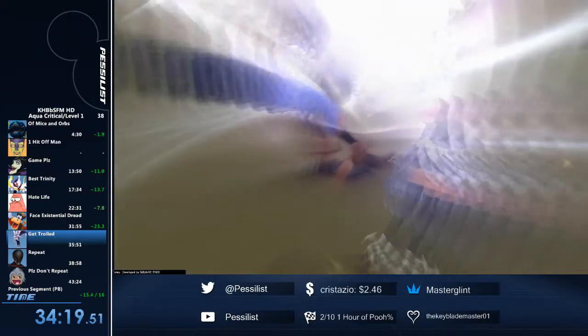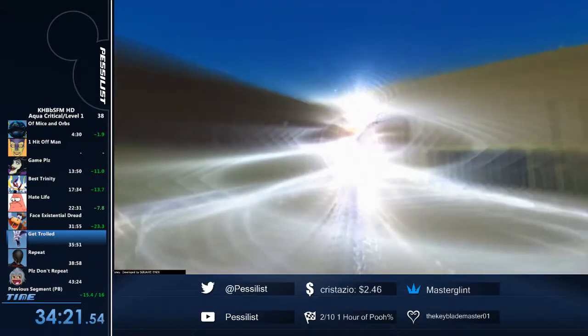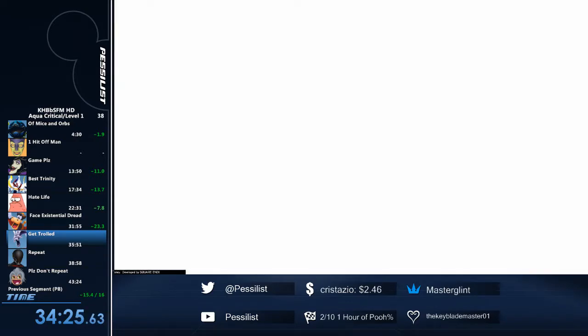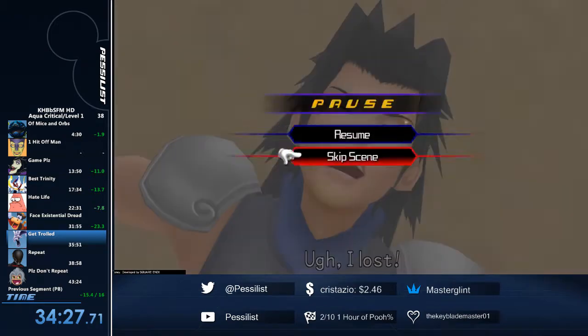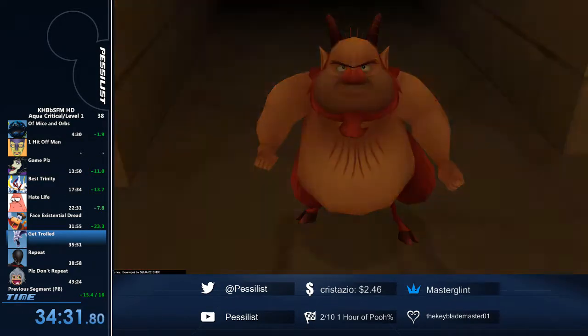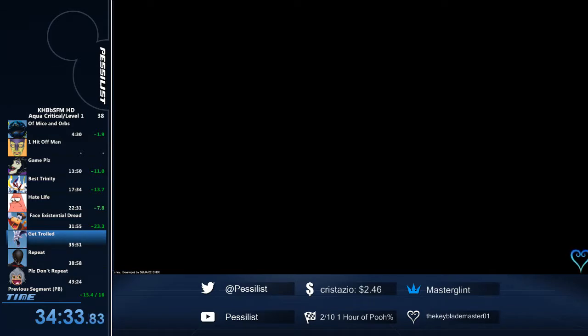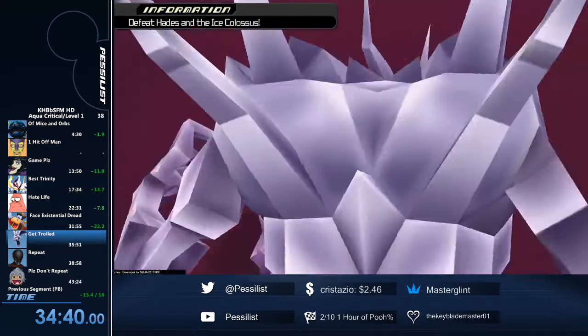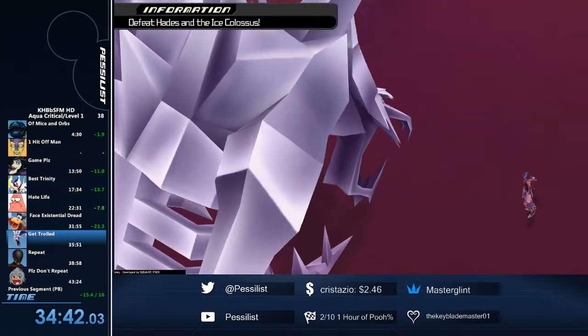And that's really all we have to say about him. I think he's the only Final Fantasy character we meet in this run. Like, I forget if he's the only one in the game or not. He probably is. I forget. Anyway, Hades. So we have to fight Hades and Ice Titan at the same time, who in the first Kingdom